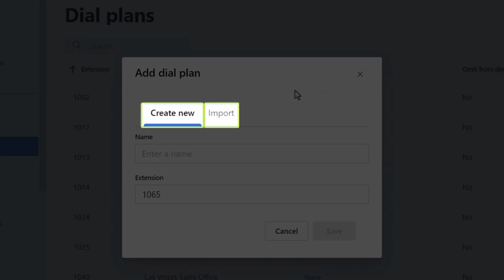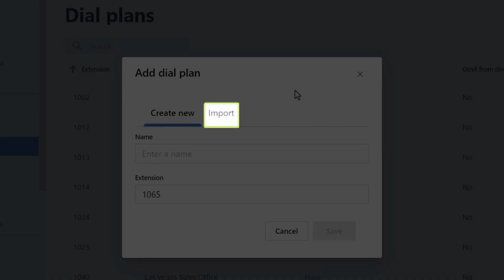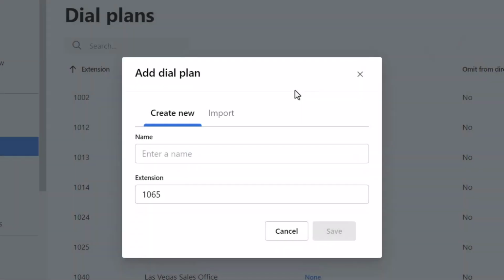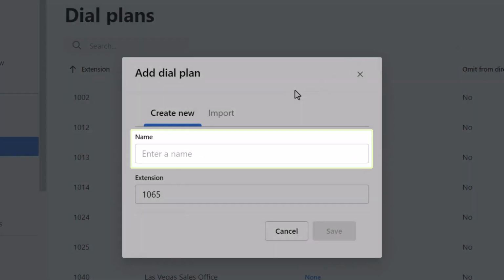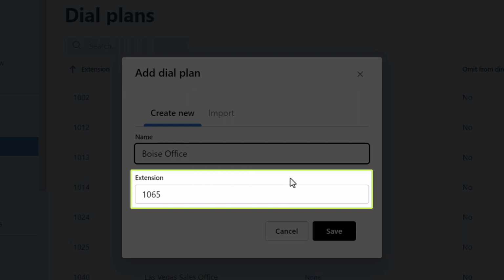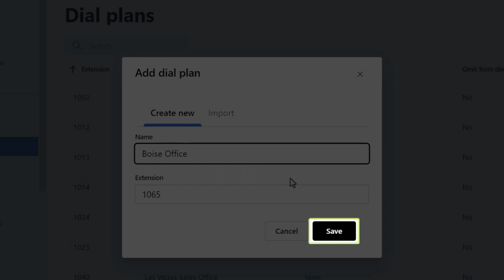You can either create a new dial plan or import one from here. I won't demonstrate how to import a dial plan, but that involves uploading an XML file. Also, if importing, proprietary options like sound clips are removed so only the nodes and connections remain once imported. Since we will create a new dial plan, we need to give it a name. You can accept the auto-populated extension number for the dial plan or enter your own. Be sure to click Save once you're done.